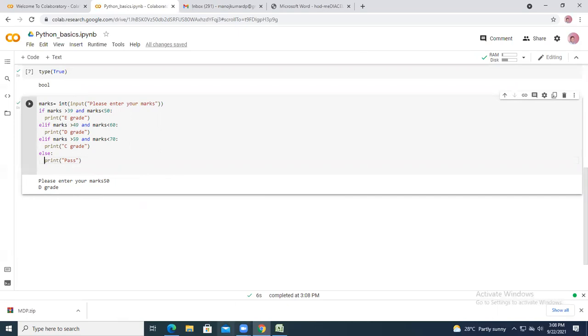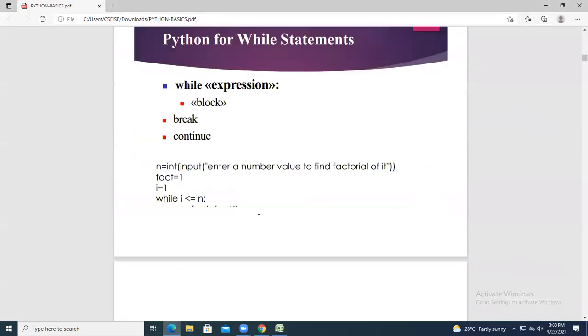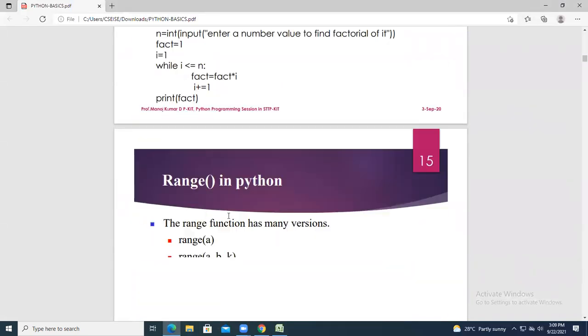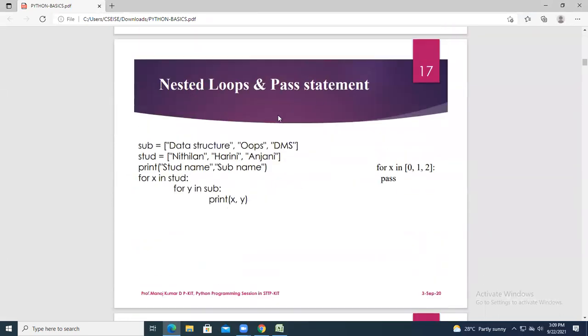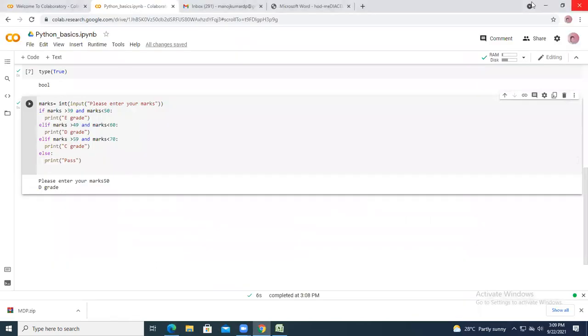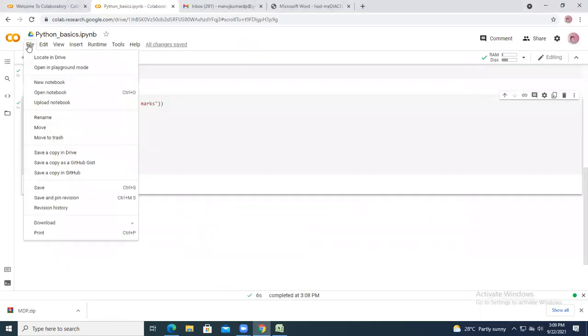Like this, execute each and every statement up to nested loops and pass statements. Once you do everything, go to File and save. Save a copy in Drive, save a copy in GitHub; many options are there.